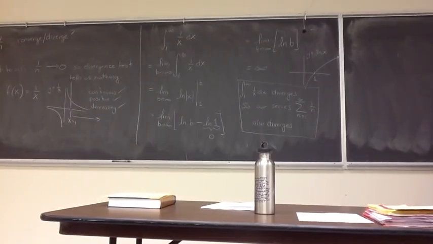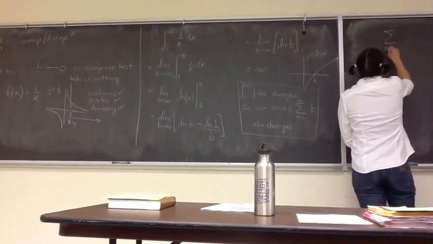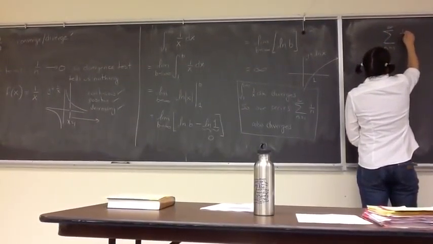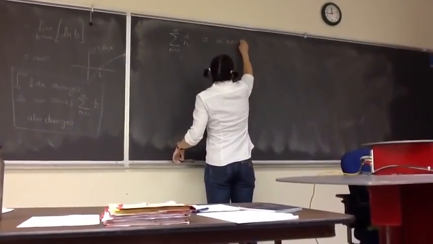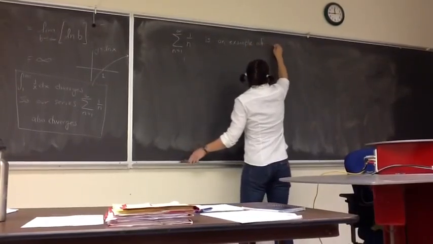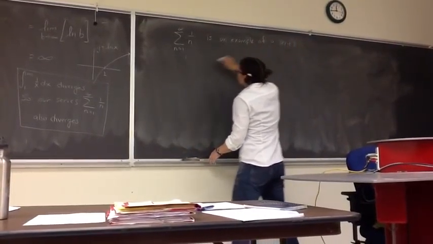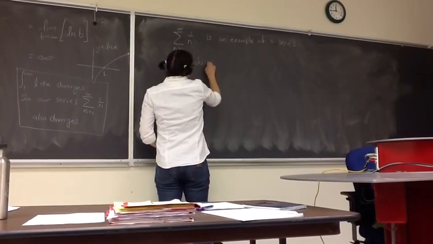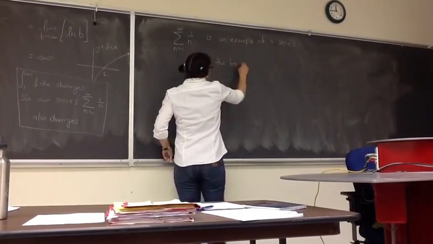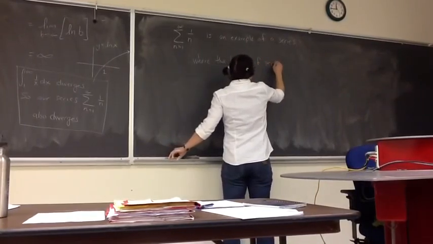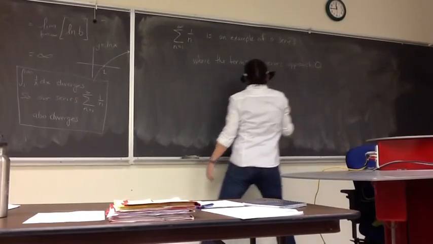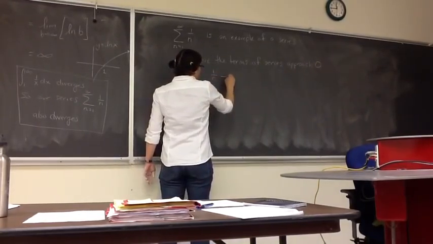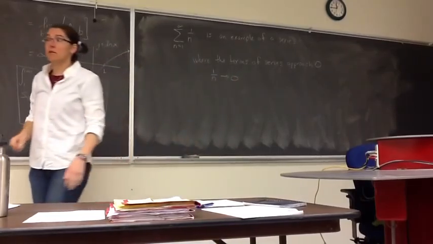This series, the sum where n goes from 1 up to infinity of 1 over n, is an example of a series where the terms of the series approach 0. In other words, 1 over n goes to 0, but